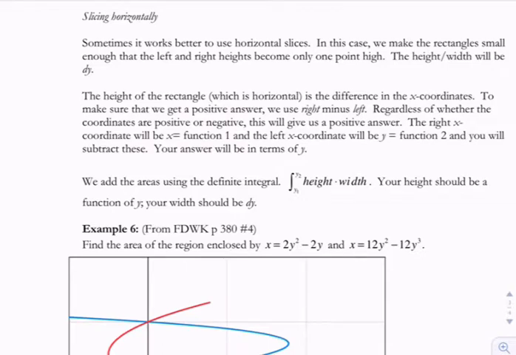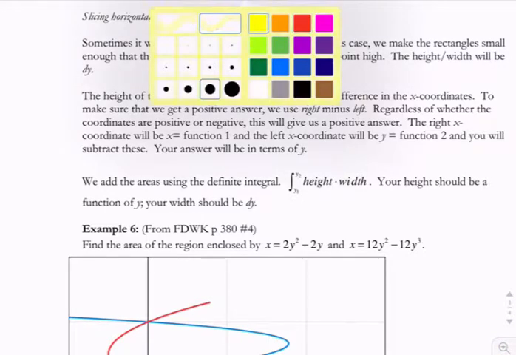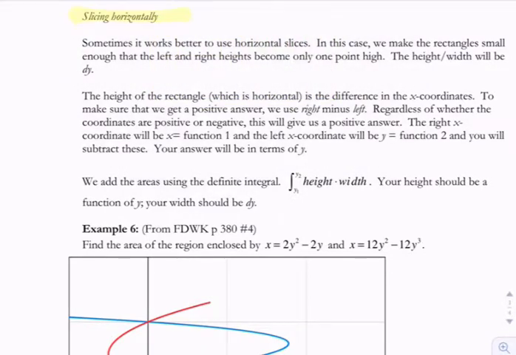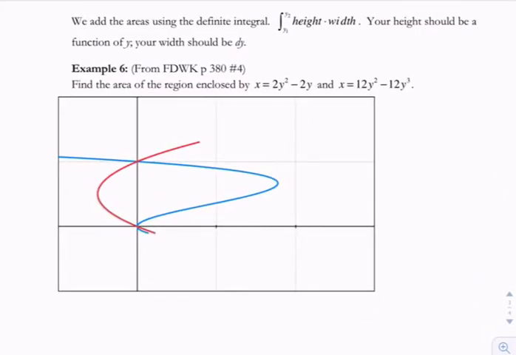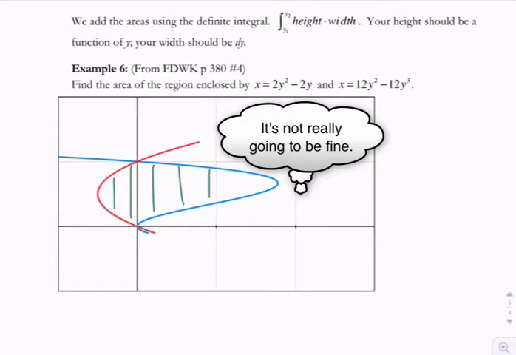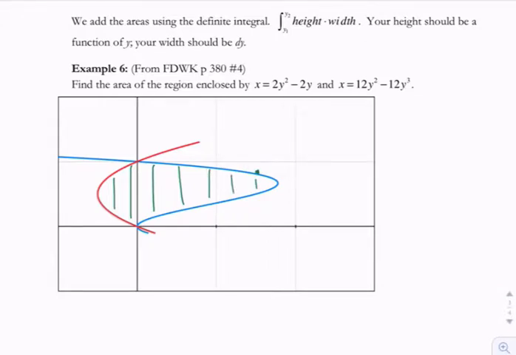So the last situation we want to look at is when we slice things horizontally. So slicing horizontally. And this comes up, especially in pictures like this one. We'll skip down. If you were to make vertical slices for this region, which is fine, you run into a little bit of difficulty because if you want to do top minus bottom, you have to subtract the y coordinates, right? Keep in mind, if you were looking at 2 points,